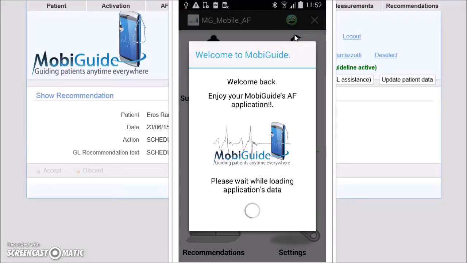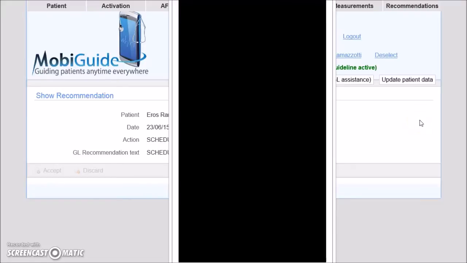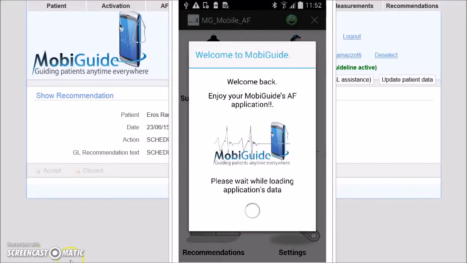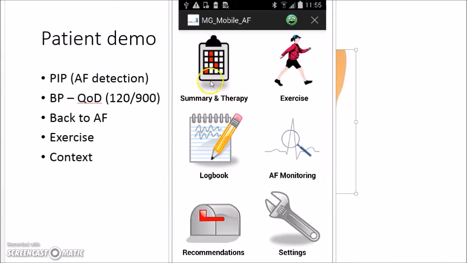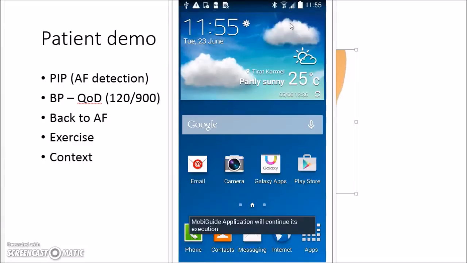We use almost the same user interface for different clinical domains. This user interface is for the atrial fibrillation domain, and it has 6 different options. I will show you the different options that are here. One of them is to record symptoms of palpitation. A patient with atrial fibrillation